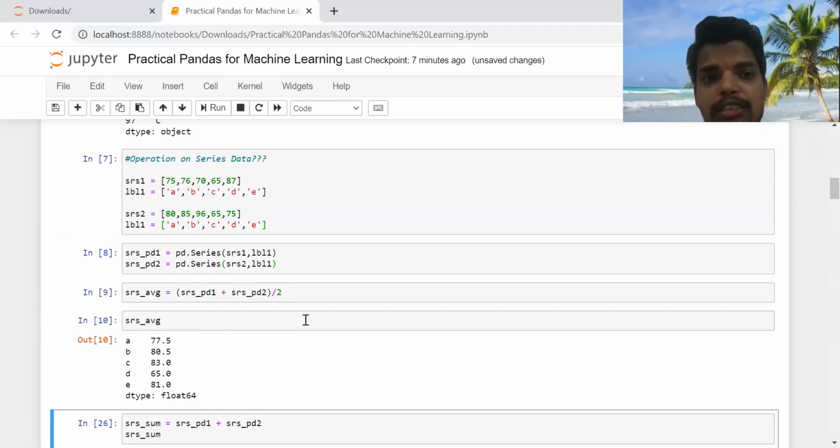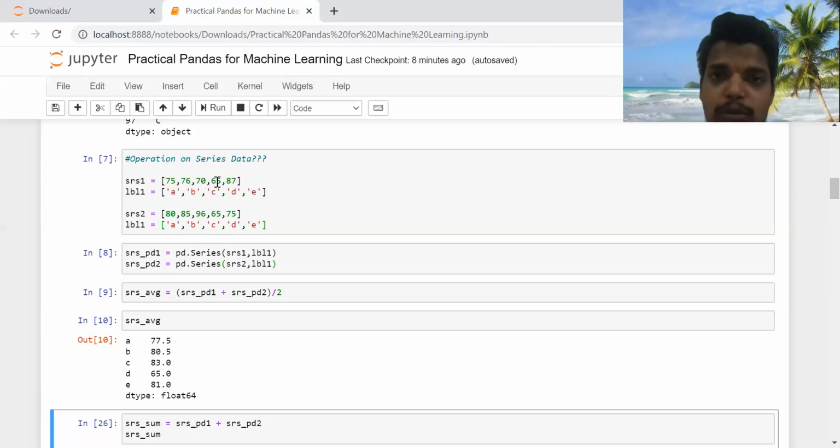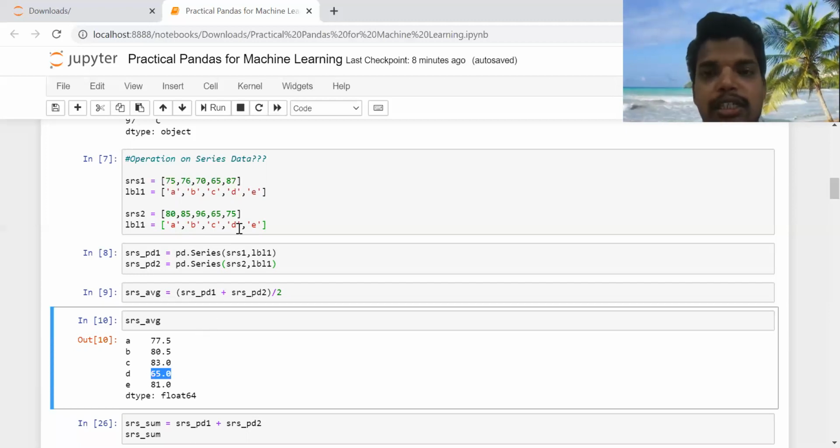For class A, 75 plus 80 divided by 2 gives 77.5. 76 plus 85 divided by 2 gives 80.5. Here you can see 65 and 65, so this is 130, and 130 divided by 2 will be 65.0. So this is one way of operating on series data.